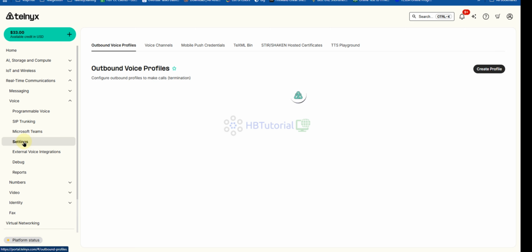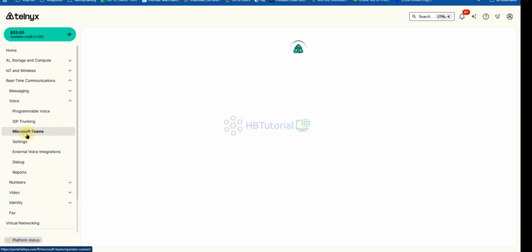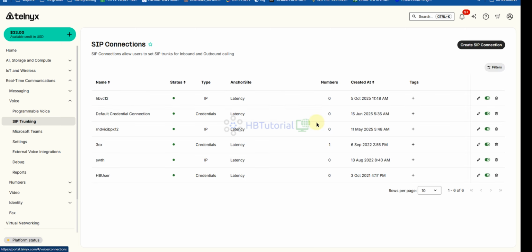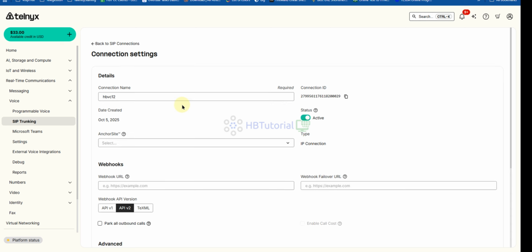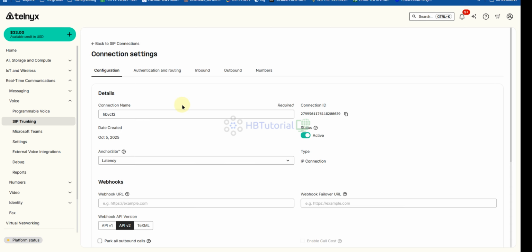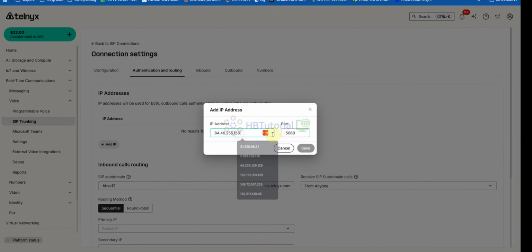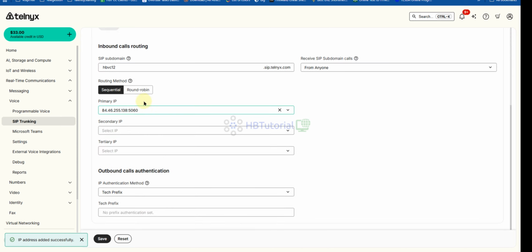Let me double check. Okay, so this is the one that got created. Authentication routing: you need to add your IP address over here. Okay, so it's saved over there.